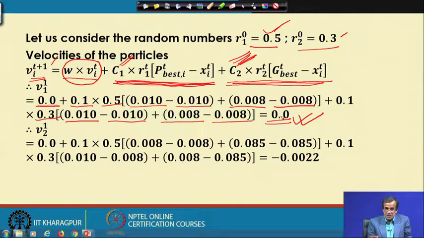So, there will be no change of the velocity, that means there will be no change of the position for this particular particle. Next, I concentrate on the second particle, that is V2 with respect to 1, and once again the initial velocity is assumed to be equal to 0, plus C1 is 0.1, R1 is 0.5.